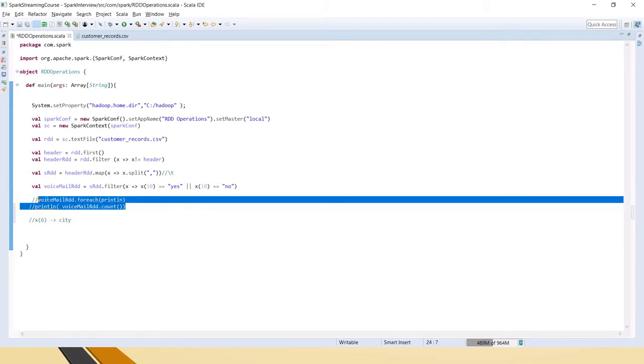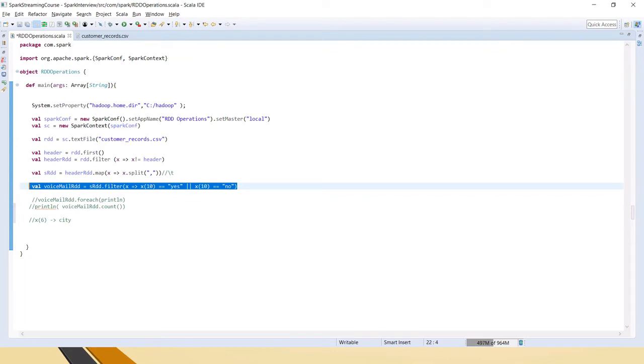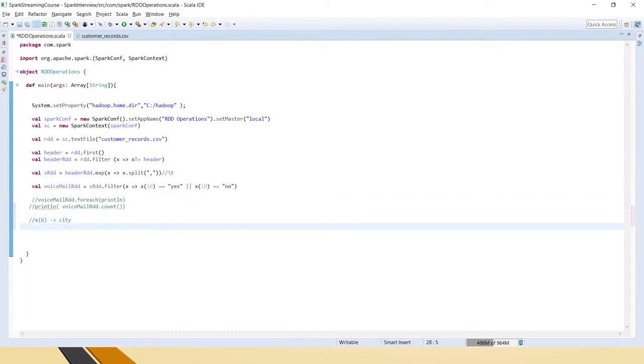Now I am commenting out the other statements. If I comment these, these transformations will not be executed at all, because Spark is lazily evaluated. That's why I keep commenting the println statements. Until and unless we trigger an action, transformations will not be executed. So for this, let's see how to do it.